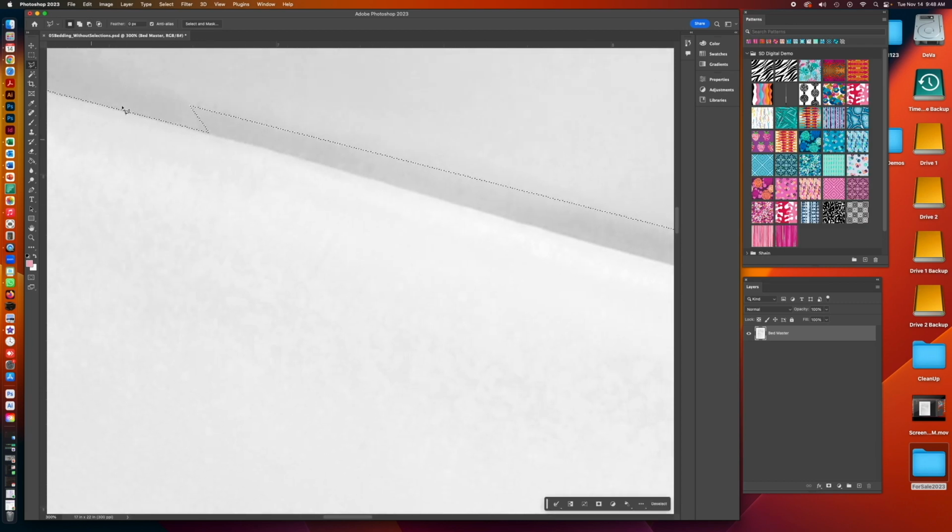that one did not go well. I'm going to undo that, Command Z. I just clicked a little bit too high. And rather than trying to fix it, it was a bit easier just to undo. And you just want to make sure you loop around into an enclosed shape. So here,